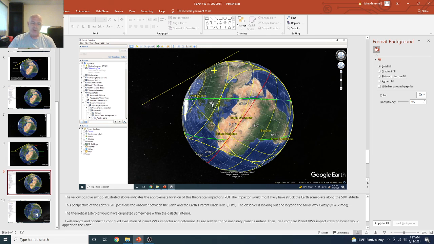So where is it? It's at about, well, you have 50 north, and then you have 30 north down here, makes this latitude 40 north, makes this latitude 60 north, and this is really close to 60, but it's not 60. So it's approximately 58 degrees north latitude. So anywhere along our planet, this object could have struck at this point as the planet would have been rotating. Okay? Now, the only difference here